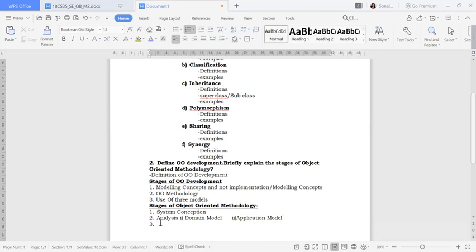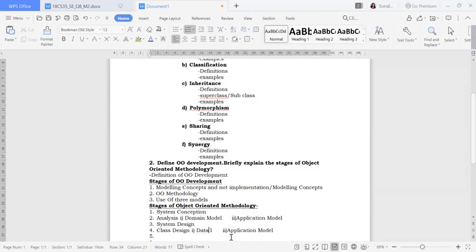Now the third point will be system design. The fourth point will be class design. Whenever you write about the class design, you should remember there are again some points.